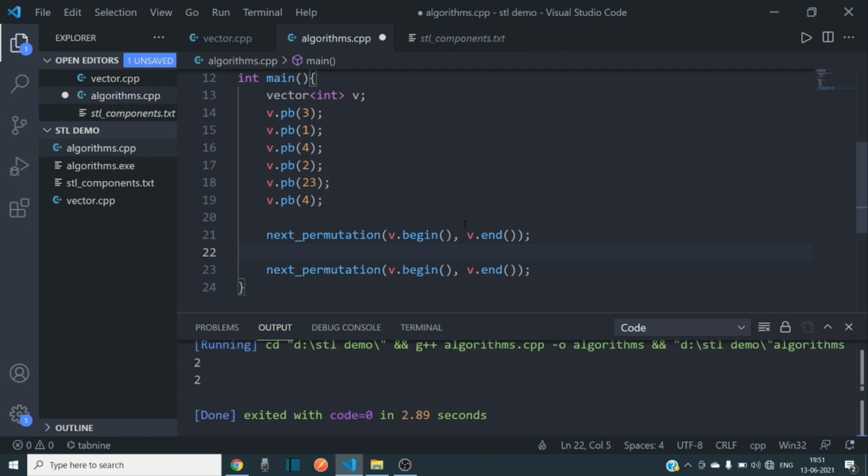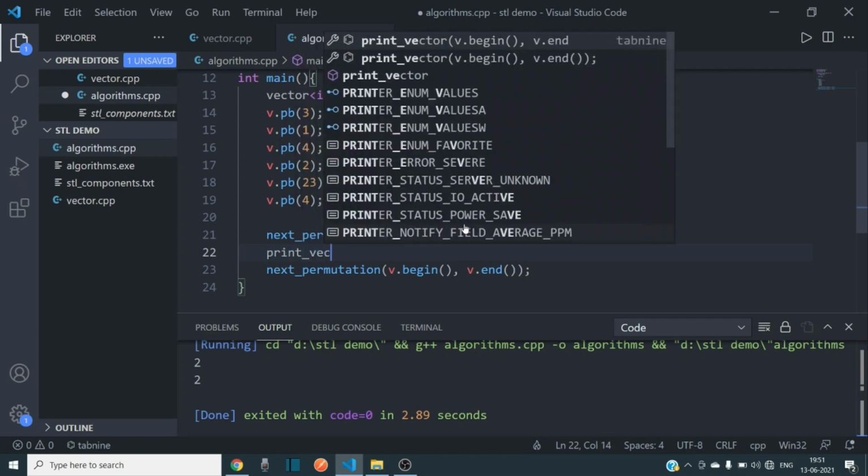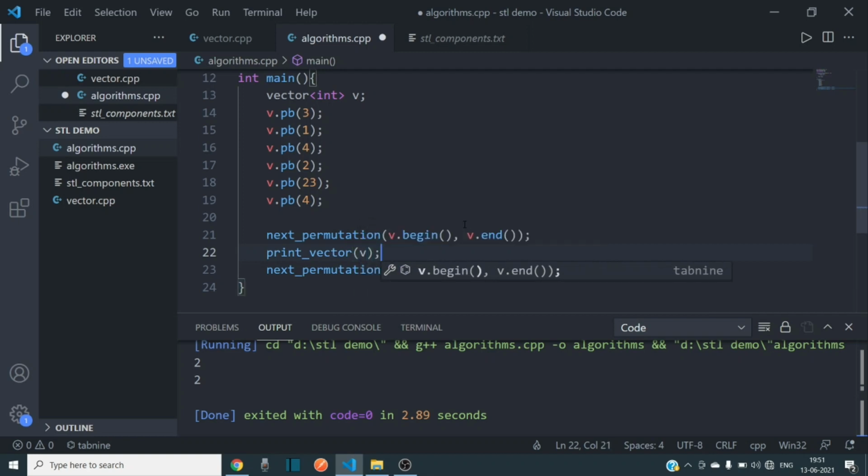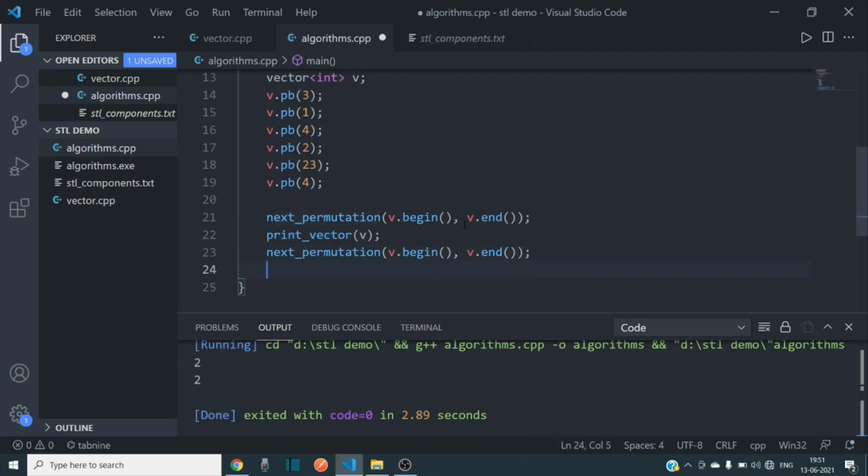We can print that also, so that we can see it. Similarly, we can use previous permutation also. Let's see that it will generate the different permutations.